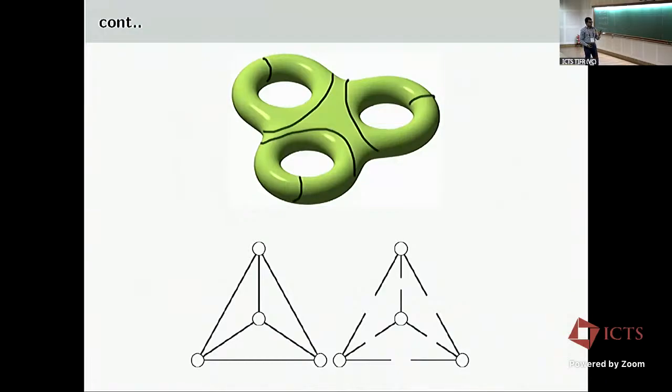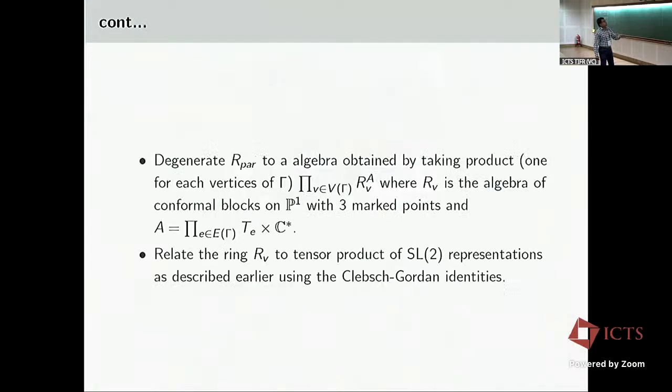So you start with a genus 3 curve, and then you cut it along these circles. So then you get this, and then you disjoin all the edges, right? So this is the graph corresponding to the nodal curve, the maximally degenerate curve, and then you look at the normalization. This is the data of the normalization. It's a bunch of P1, and these things correspond to 3 marked points. So what Manon proves is that